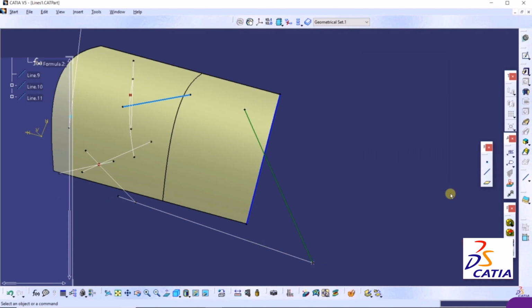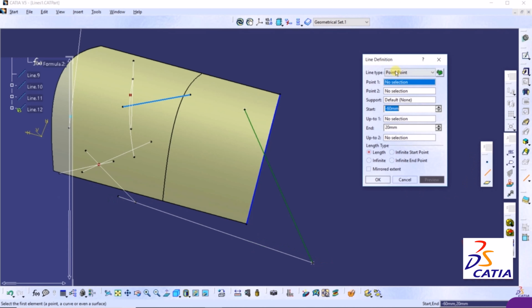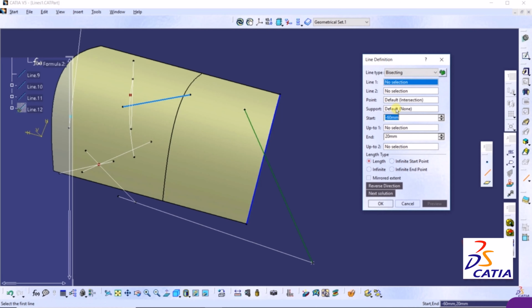Click OK and once again line and then I go to bisecting. We need to select two lines. So this is the first line and this is the second line. And now we can see a line will be created at the bisector. So I take start value as 0. Okay, start value 0 and the end value I take 50, and let's check whether this value